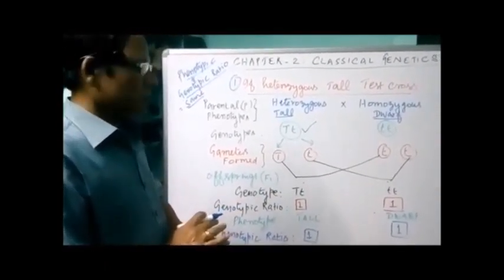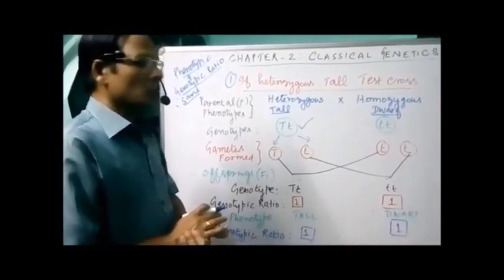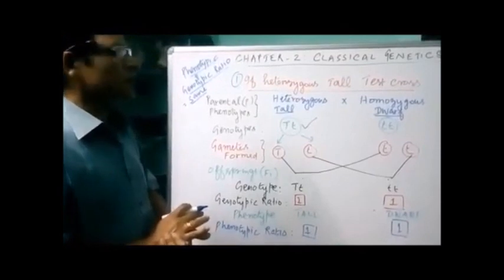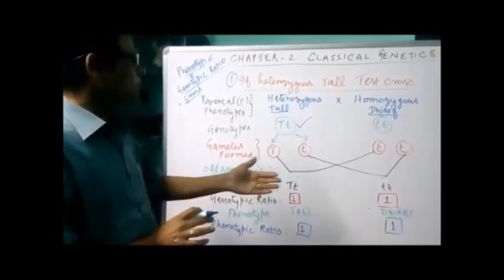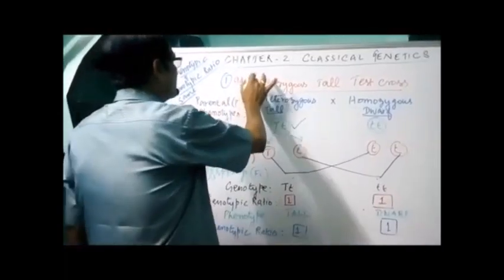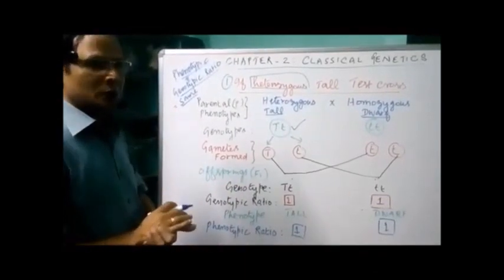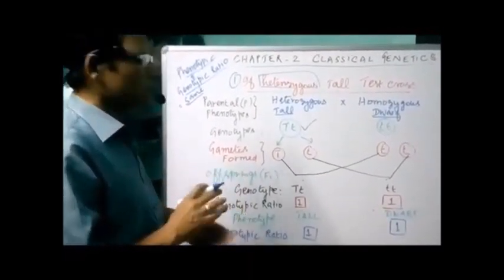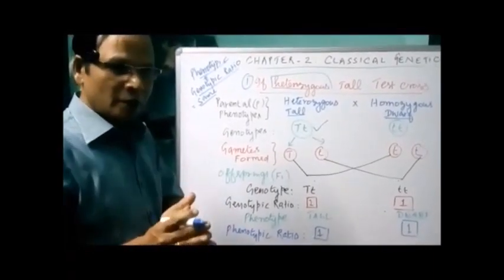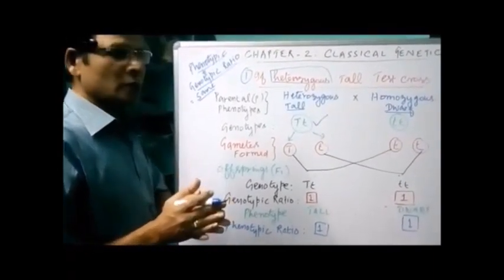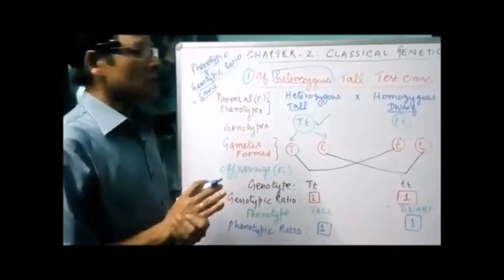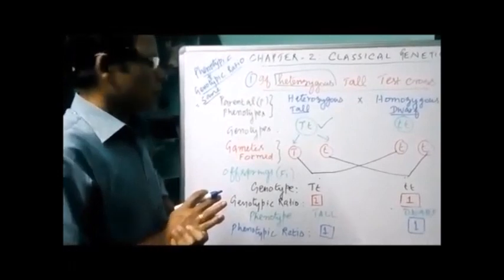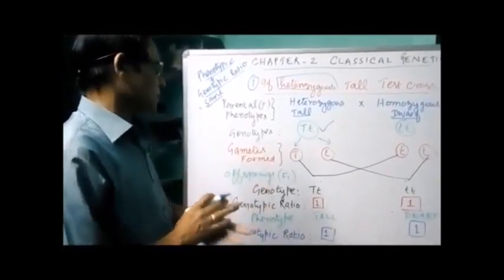So in the case of a test cross, if the individuals involved are heterozygous dominant and homozygous recessive, then we get the ratio of 1:1. That is the result we obtain when the tall parent is heterozygous. In this one, you have observed that both the phenotypic and genotypic ratios are the same, 1:1. So if in a hybrid cross you are getting the ratio 1:1, then we can say it is an example of a heterozygous tall test cross.